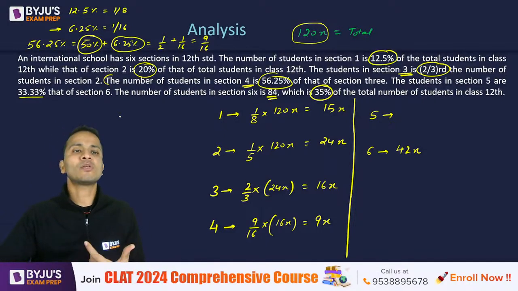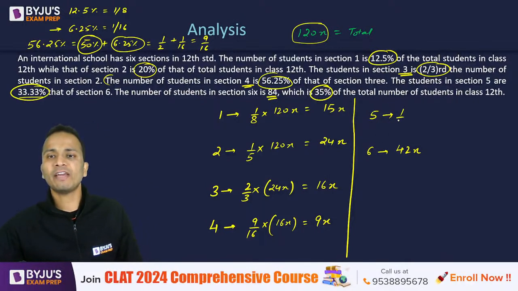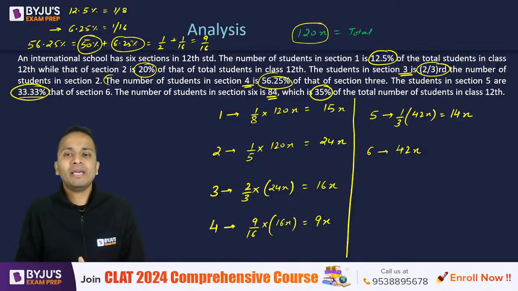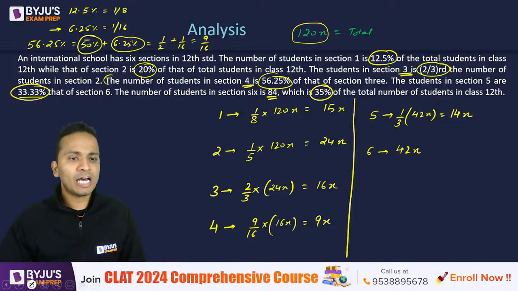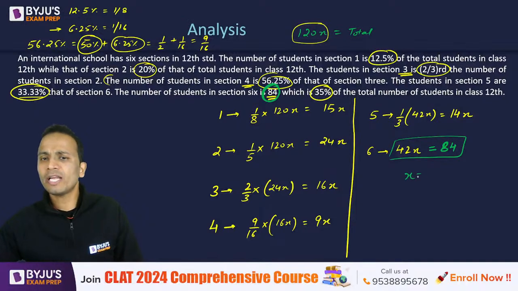And section 5 has 1/3. 33.33 is equal to 1/3. So section 5 has 1/3 of section 6, which is 42x. Okay, so 1/3 of 42x will come out to be 14x. So in terms of x, I am able to determine the number of students everywhere. Also, one piece of information I saw is that the number of students in section 6 is given as 84. So if 42x is equal to 84, then can you all tell me what will be the value of